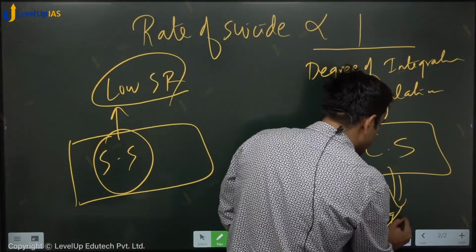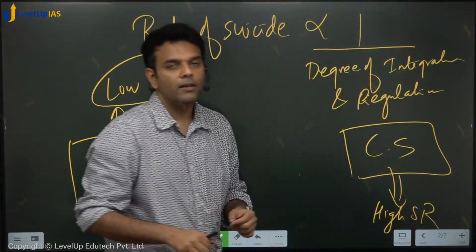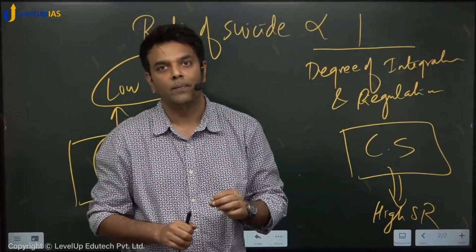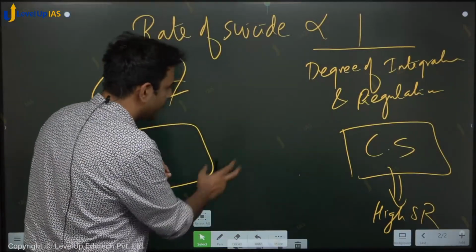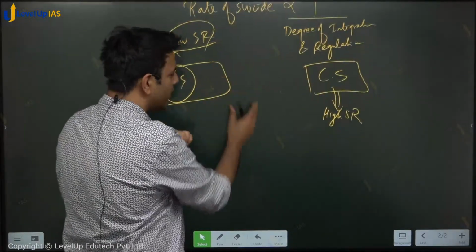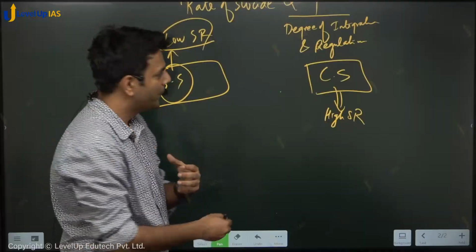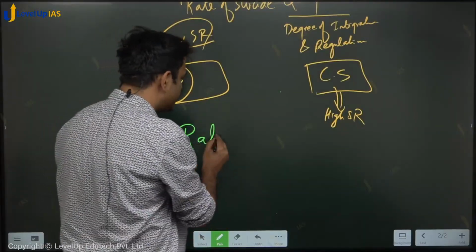High suicide rate. Now this is what the theory is, but it is not yet complete. How do we complete this? This is only one aspect of the theory. The extension of the same theory given by Durkheim is that the rate of suicide